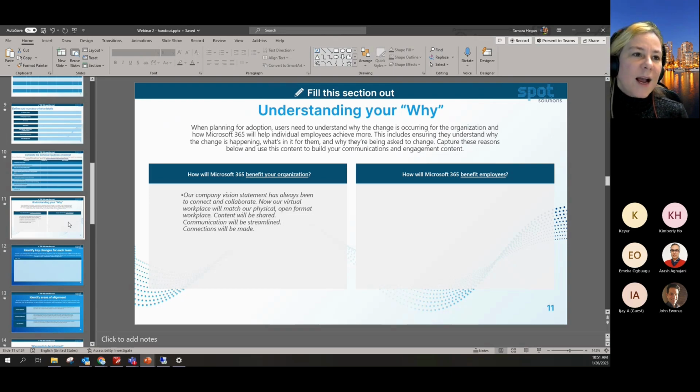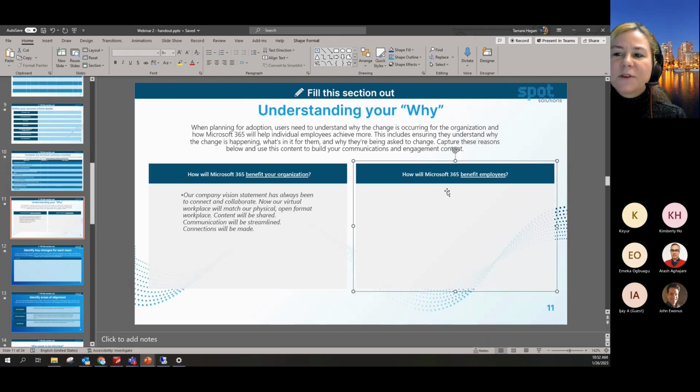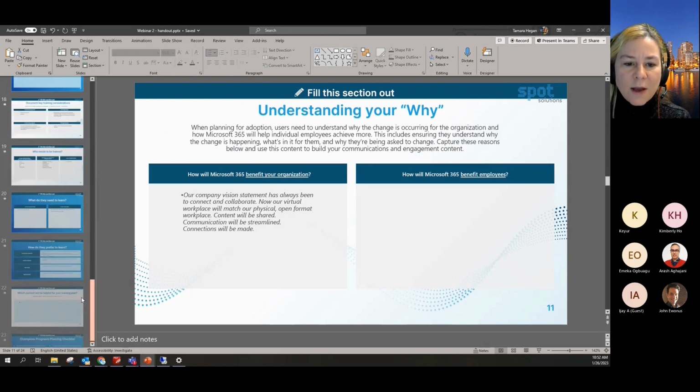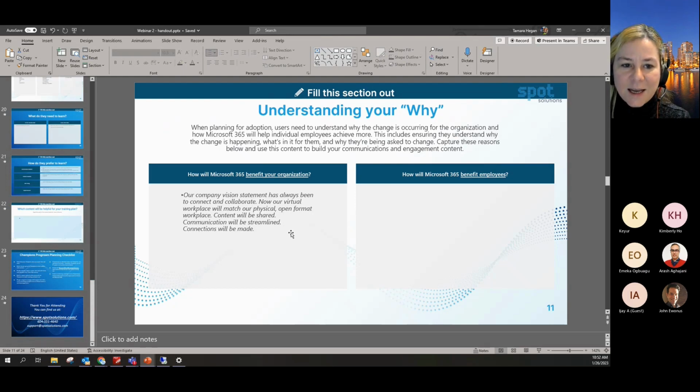So your why as an organization should connect to the why of your employees as well, and the systems that you're using for that. So you want to know how will Microsoft 365 benefit your employees? We're going to make information more accessible at their fingertips, allow collaboration at the same time in a team environment, allow timely assignment and notification of tasks and workflow items. What are the things that you're going to be doing to help you and your organization get to your why, the why of doing the things that you want to do? So